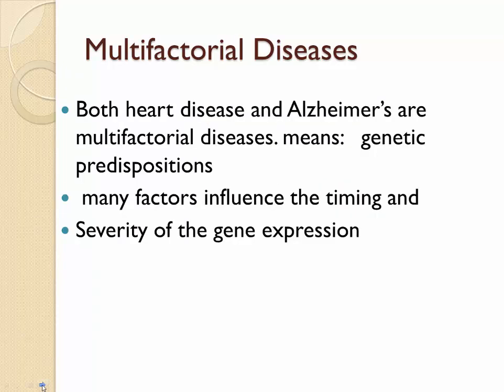So we know that both of these are multifactorial diseases. So what does that really tell us, multifactorial? Well, when we get genetic testing, it tells us our genetic predisposition, or another term that can be used is our susceptibility to disease development. So we know that there are also other factors that influence the timing, which is the age or the onset of the symptoms, and the severity. How strong will this disease present itself? And when we talk about these specific diseases, it will make sense what I'm talking about in terms of severity